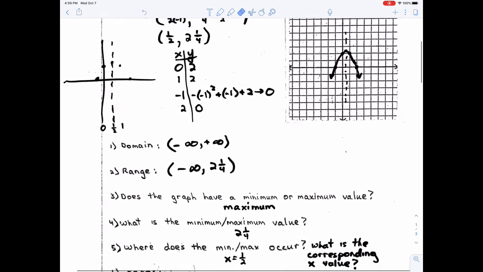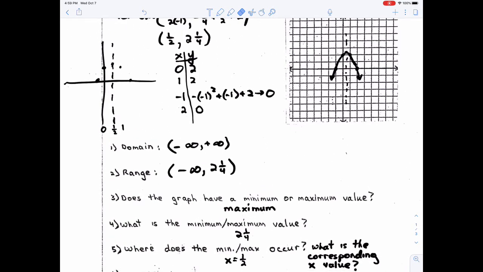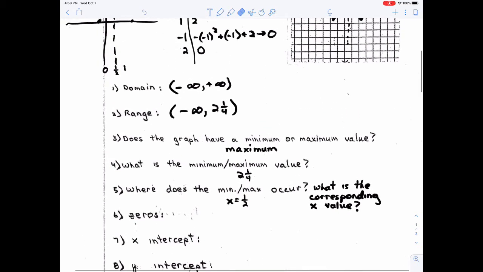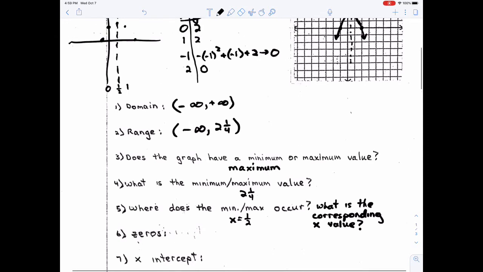What are the zeros? Remember I said the zeros are the values of x when y is 0. And even though it's not perfectly the same thing as an x-intercept, for now you can think of it as an x-intercept. So what are the x-intercepts on this graph? -1 and 2. Okay? So your zeros, I'll just list what the zeros are. They are -1